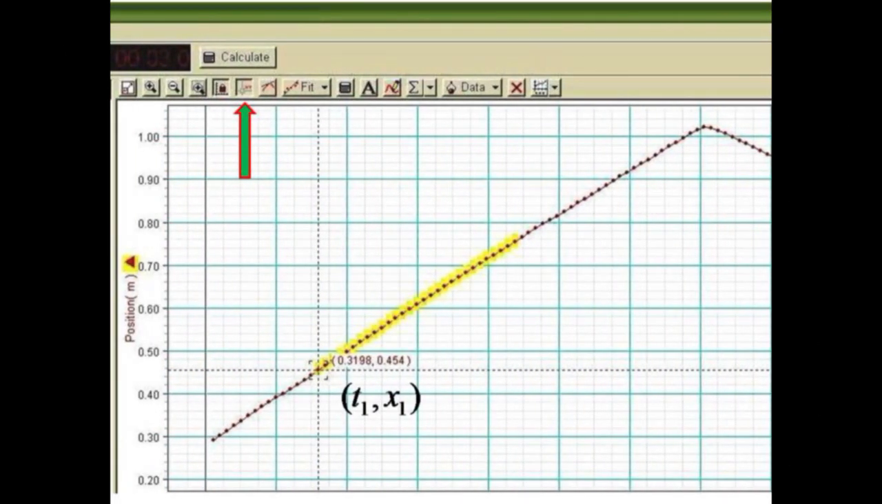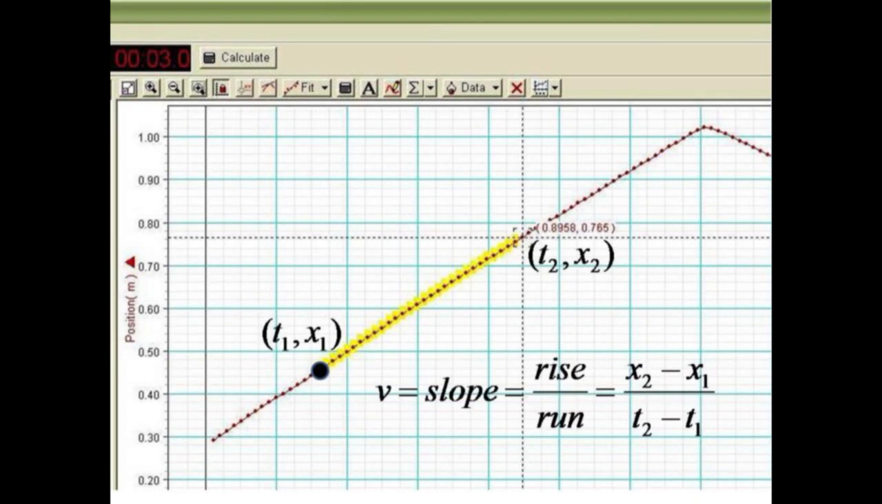Using the XY tool, you can identify the X and Y values of any point on your graphs. Here we use it to find the beginning time and position of our cart. Please note the ordered pair shows time first and position second. We then determine the ending time and position by moving the XY tool. From these 2 points, we can determine an approximation for the velocity by dividing the difference in position by the